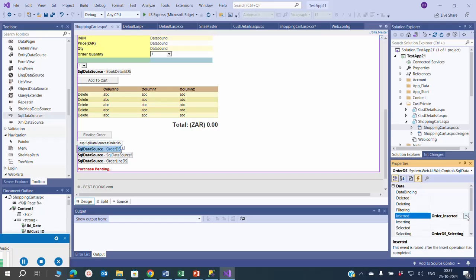Once you have created the order inserted method, it will be available as a value argument there, and you need to select it. So whenever an insert operation is executed on order ds, our SQL data source, the insert method will trigger order inserted, and order inserted will eventually